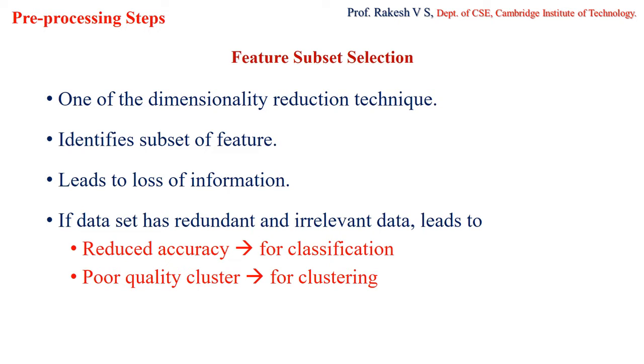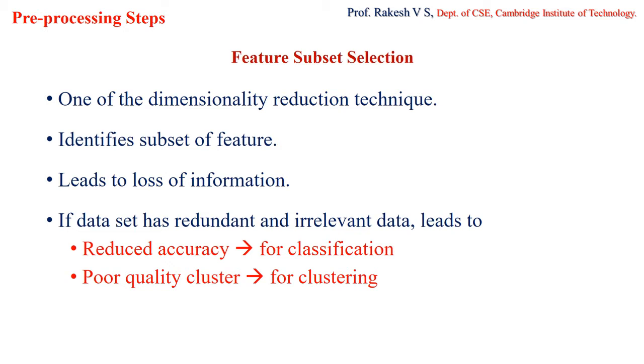So why is it so? Because when I say redundant feature, it means that duplicates are present, and when I say irrelevant features, obviously we will not be selecting those irrelevant features for our analysis purpose, correct? But these two will affect in another manner. So how does it affect us? If I consider a classification technique, then it reduces the accuracy of a particular classifier. When I consider a clustering technique, it would reduce the quality of the clusters that we have identified. So redundancy and irrelevant features present in the data set would be affecting in this manner.